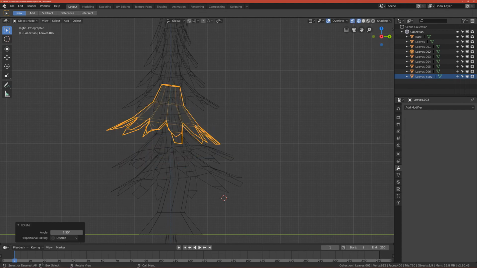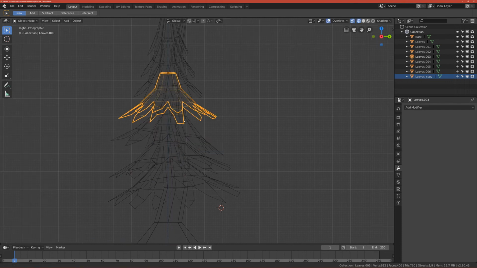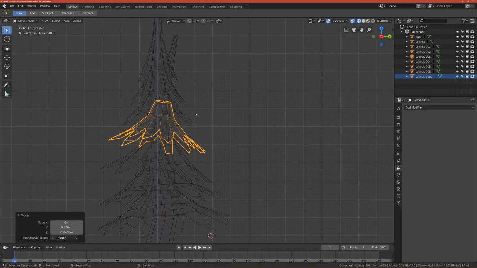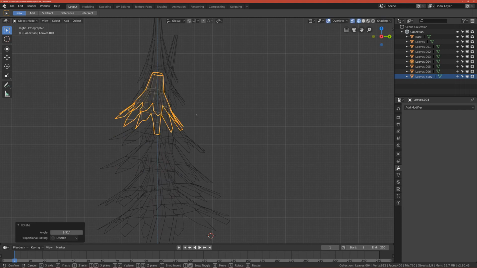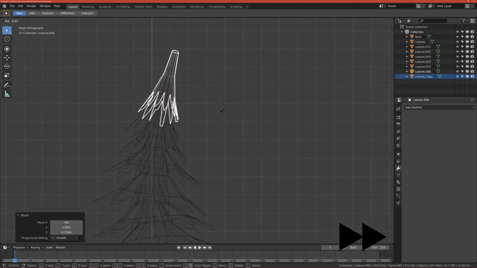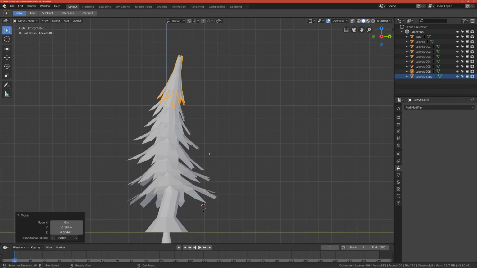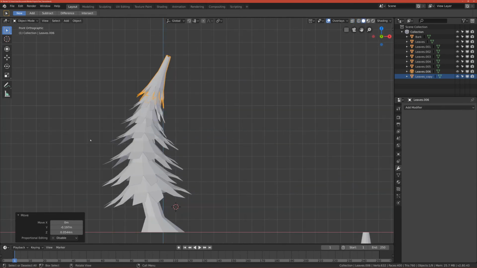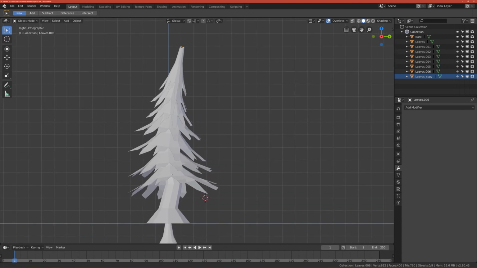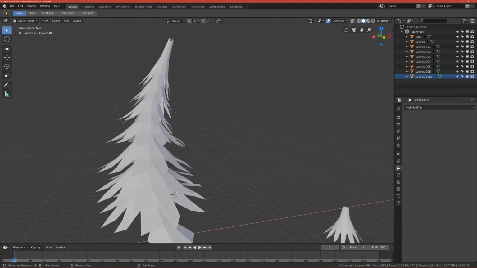So I basically rotate everything to match the bark. Yeah. Okay, after I finish that, I go to solid mode again, and as you can see, from the front view nothing changed, not really much, but from the side view, yeah, we fixed that. And now we want